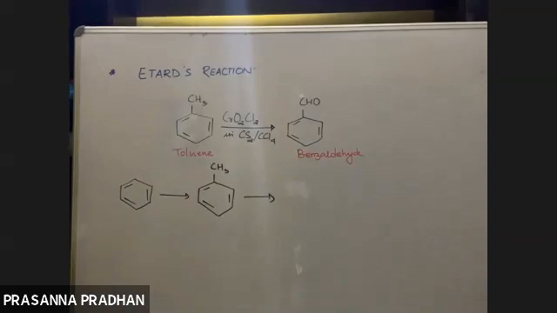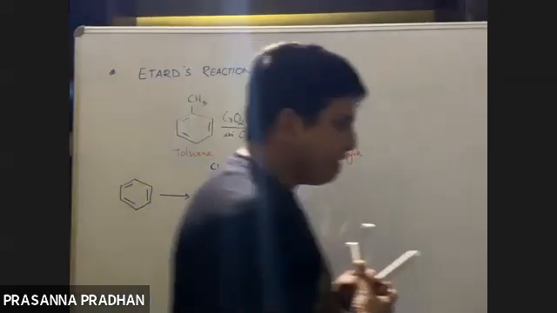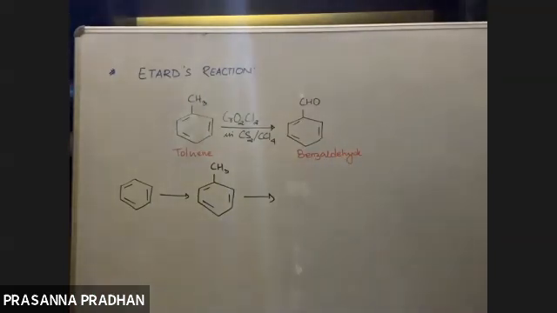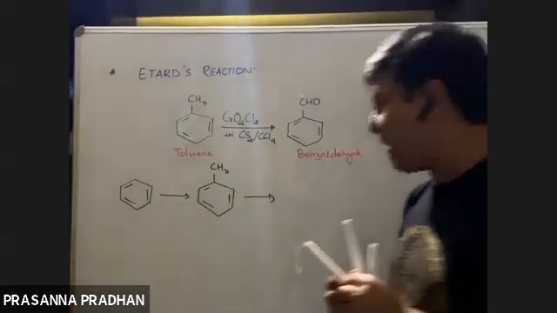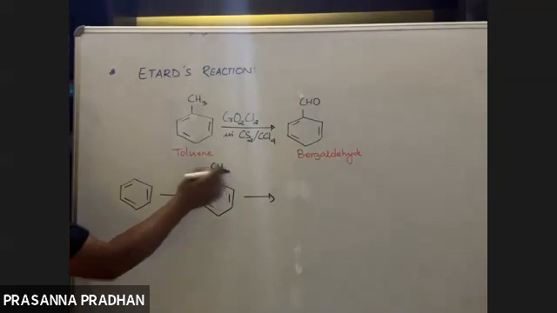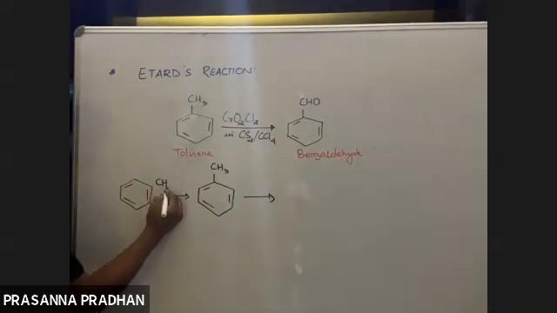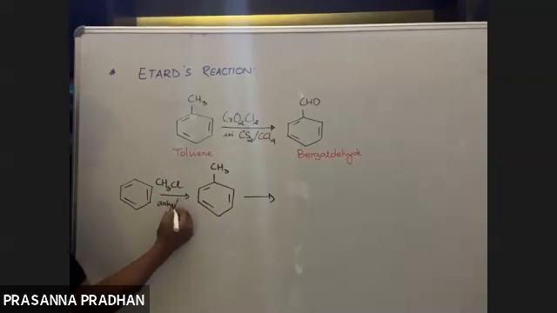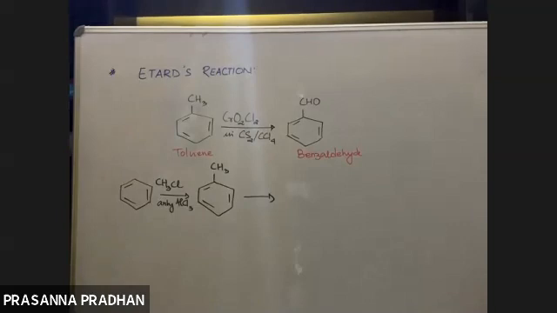The name of the reaction is very famous. We have done it more than 10-20 times. Very famous reaction right from chapter 1. Its name is your Friedel-Crafts alkylation reaction, right? So we are introducing an alkyl group. If I want to introduce a methyl group, I must use methyl chloride in presence of anhydrous AlCl3. I'll get toluene like this, methyl benzene or toluene.